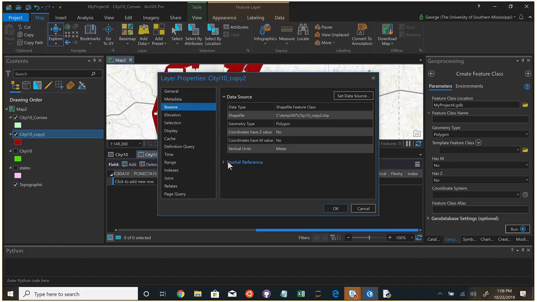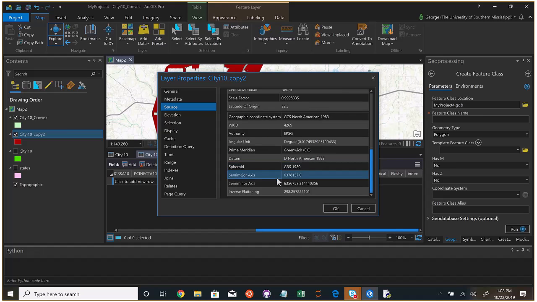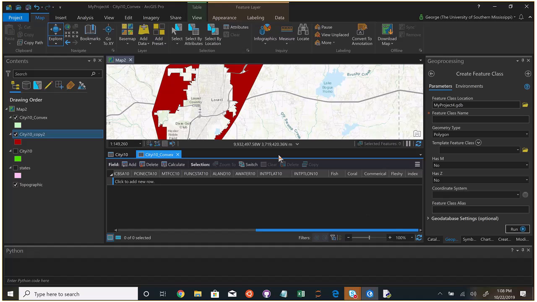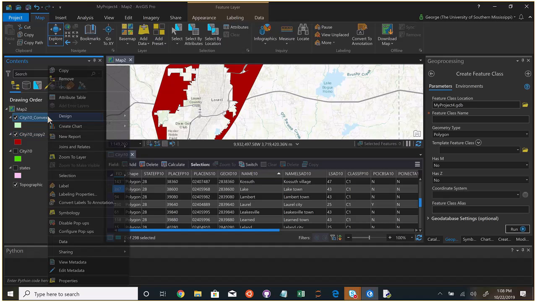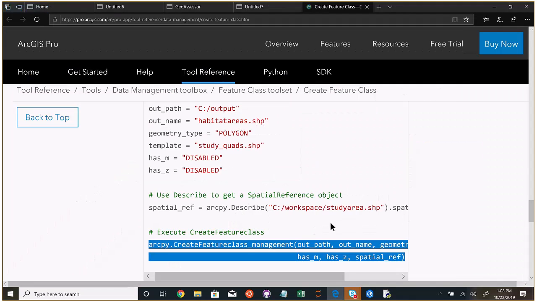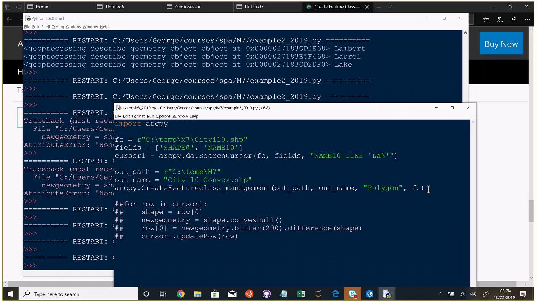I guess it's, what's that? It actually didn't give me the same spatial reference. Huh. I thought it was going to give you the same spatial reference. So let's say I wanted to have the same spatial reference. What I could do is make this, because